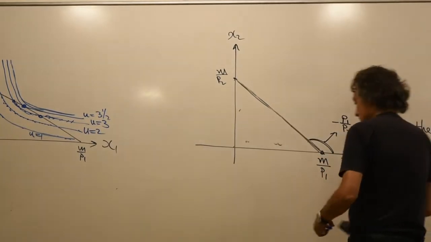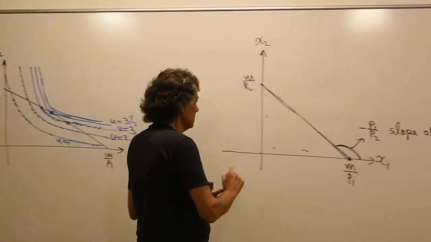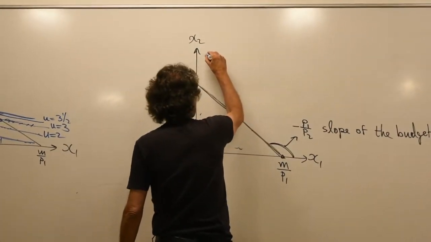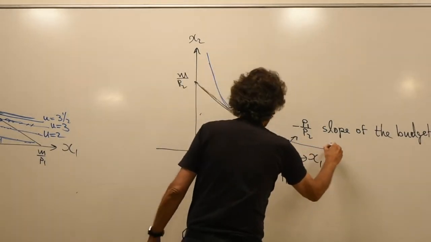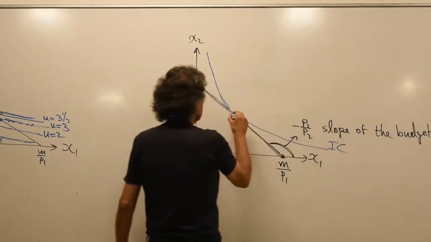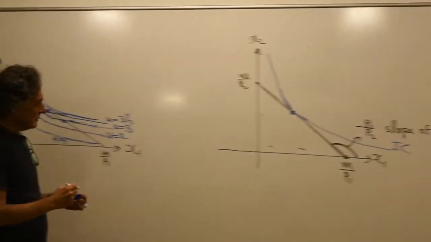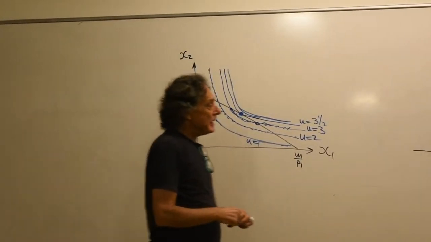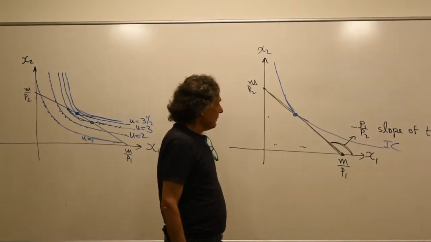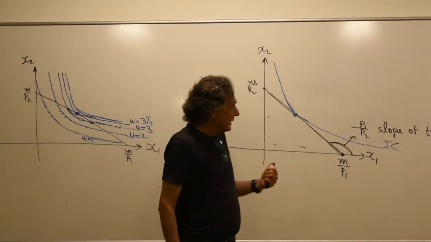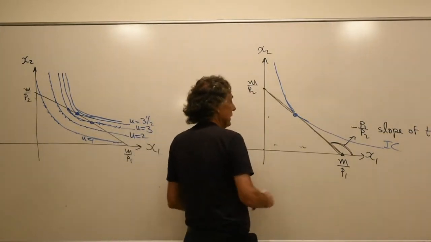Now that we know, I'll put it again in a second, but actually the optimal looks something like this. So this is an indifference curve that's just tangent to that. Okay, so now we can see that this is exactly the MRS. I mean, what is the MRS? It is exactly the slope of the